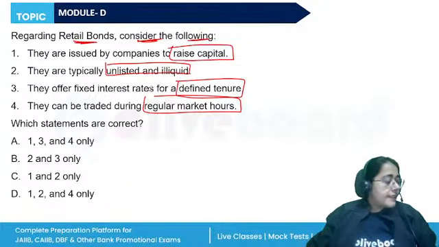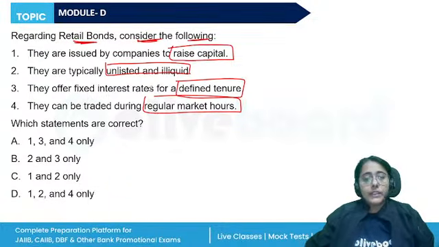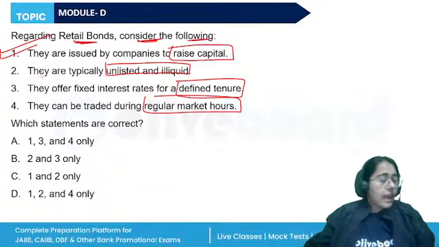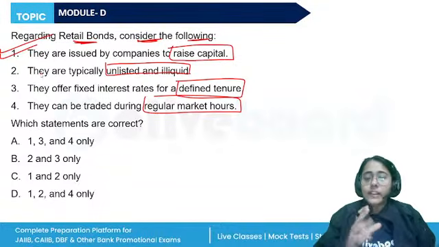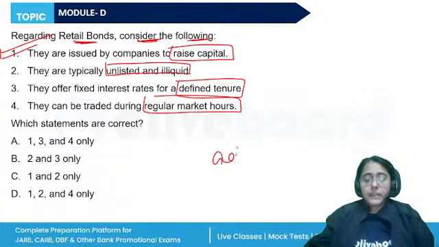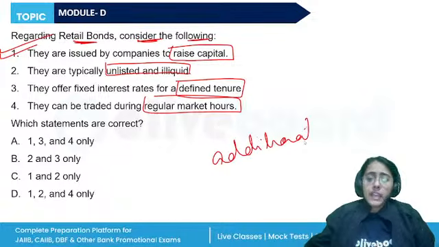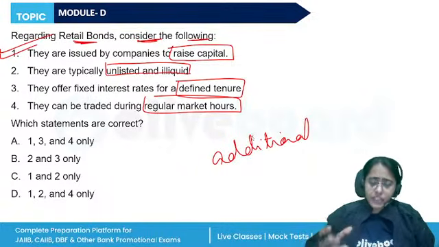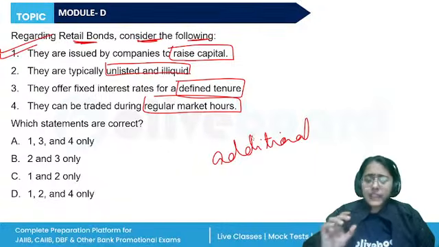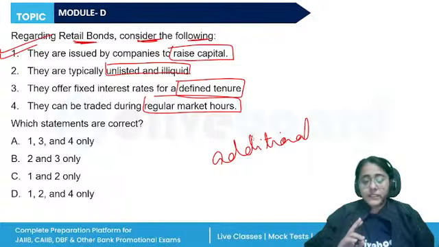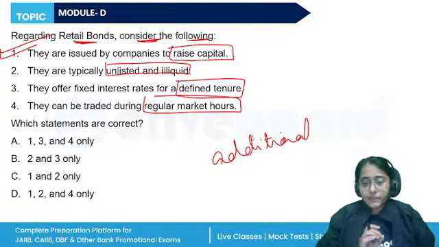Is it to raise capital? Does the company issuing the retail bond issue it for raising capital? Yes, true. If the company wants to raise additional capital, having already issued bonds, now for running their project they need some additional funds. So they raise this additional capital by borrowing at a fixed rate from an investor for a specific length of time, right? To expand their business, to pay off their debt, or to fund a specific project.